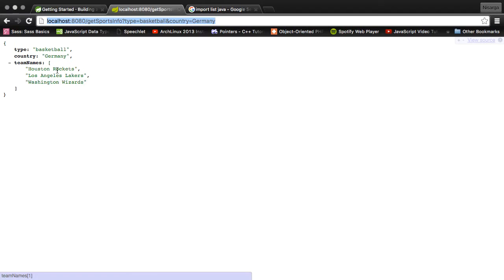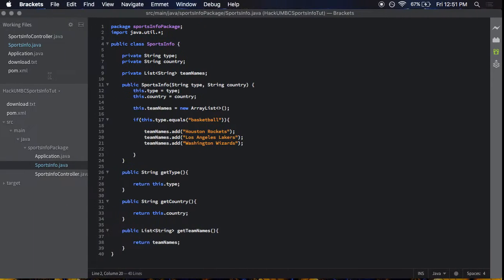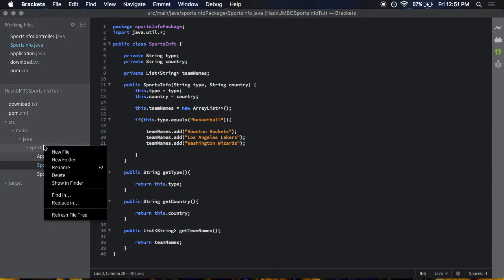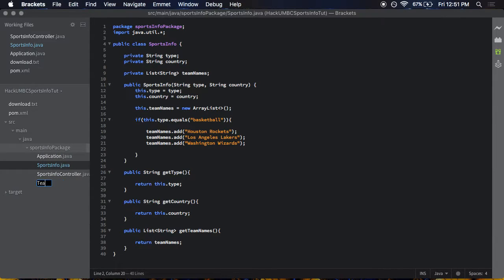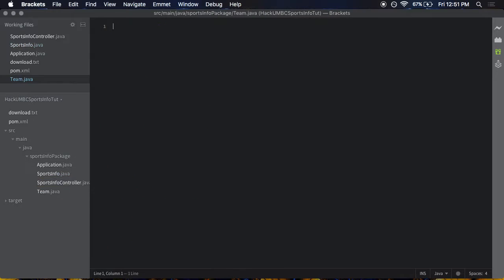It will actually nest that. So I'll show you how that works real quick. Right here, if we create a new file and call that Team.java, just like this, and we say the package is sports info package, and we say public class Team,